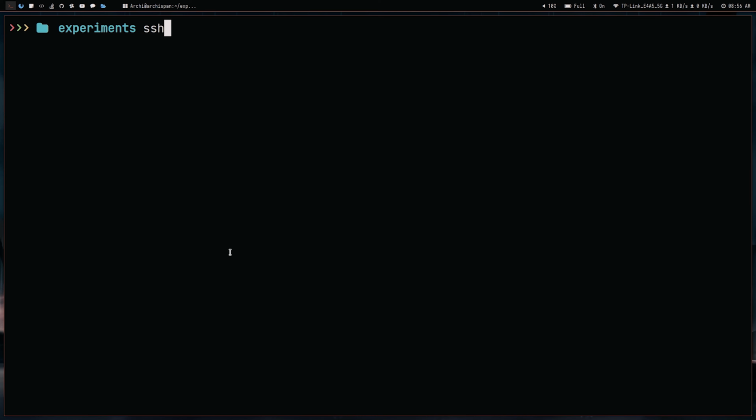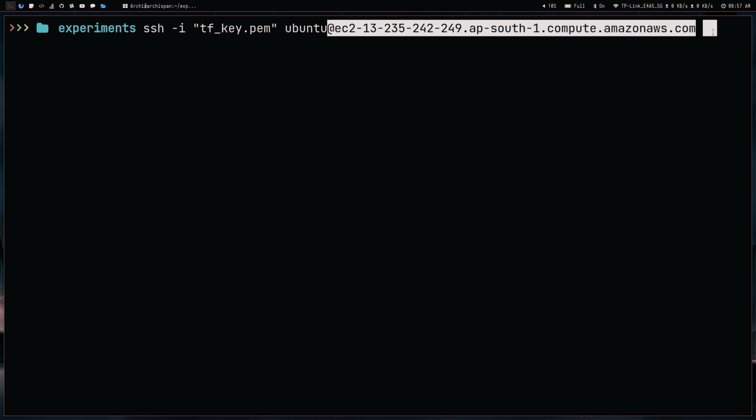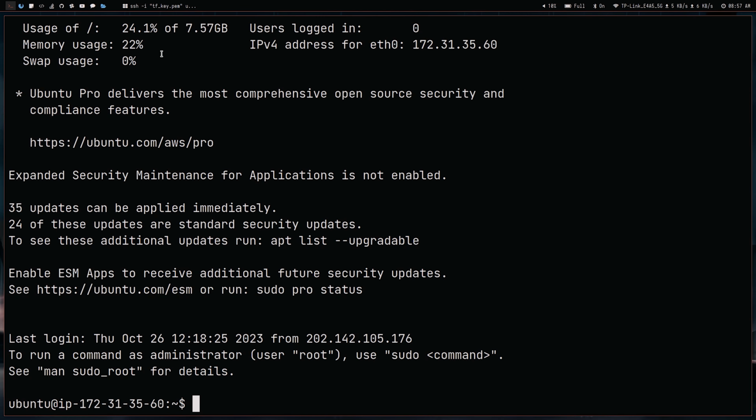SSH means secure shell. I can remotely connect to another machine over a network. You might have heard this term SSH a lot, so this is how we use it. So SSH using the I option, we are giving the pem file. This is the secret key that I need in order to access my Ubuntu server in Amazon AWS. Now if I hit enter using this SSH command, as you can see I am into the